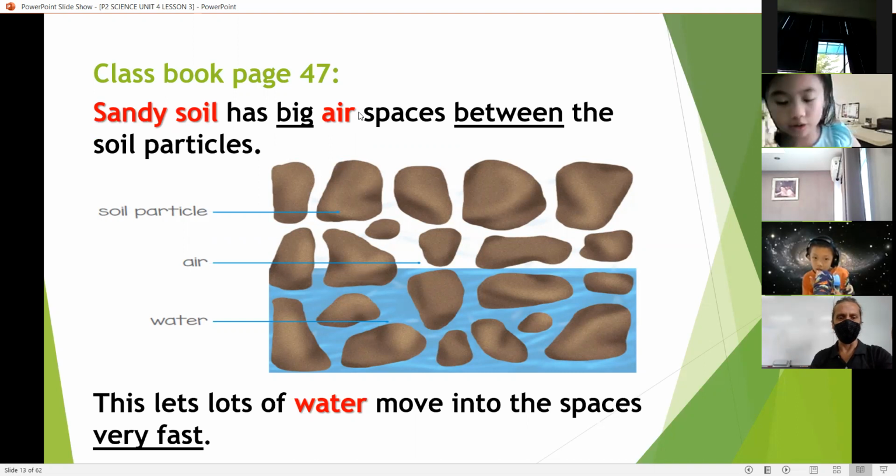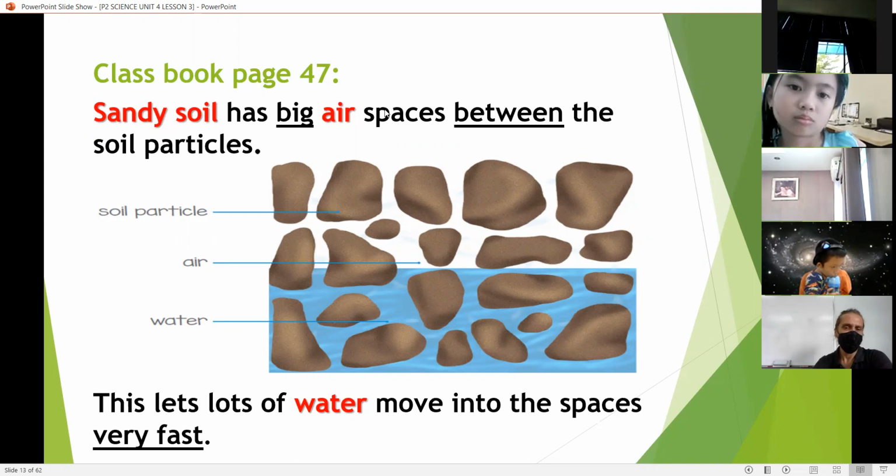Sandy soil has big air spaces between the soil particles. Now, when water moves onto sandy soil,